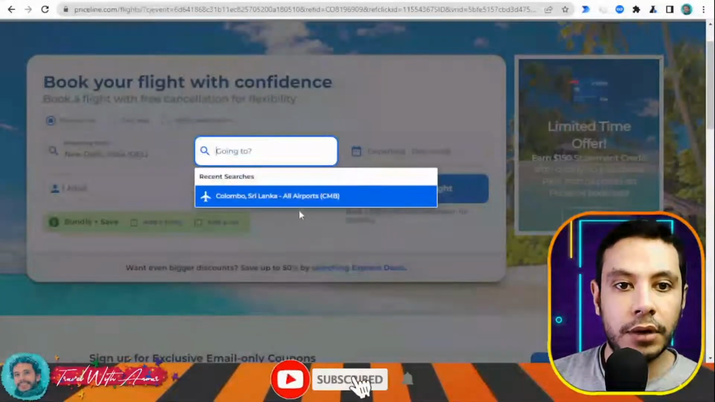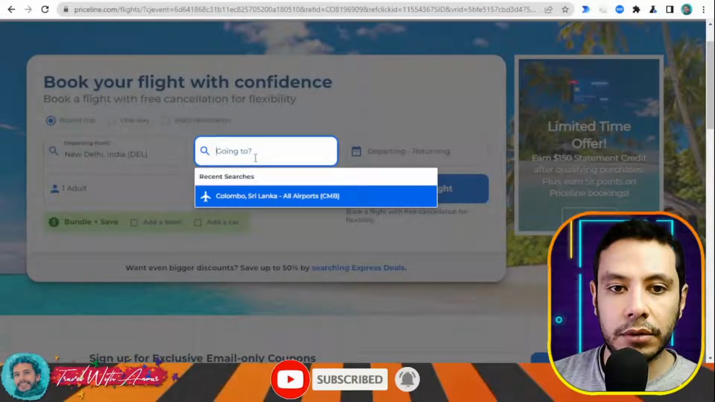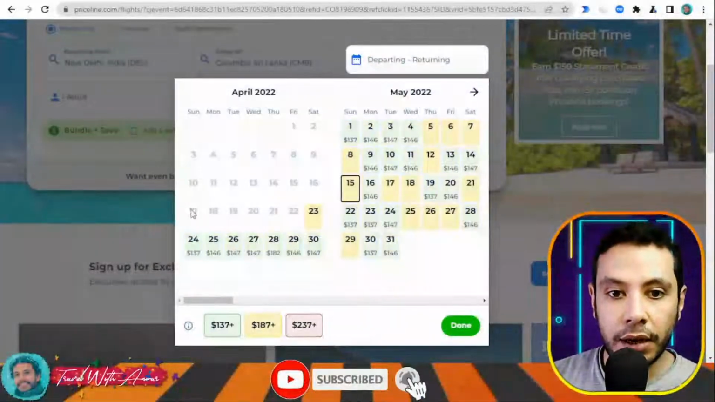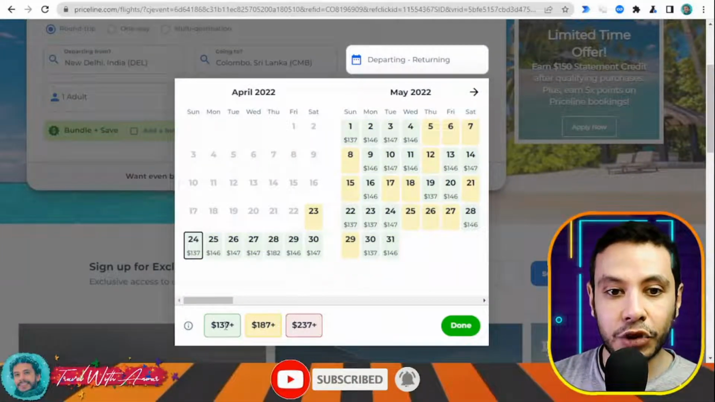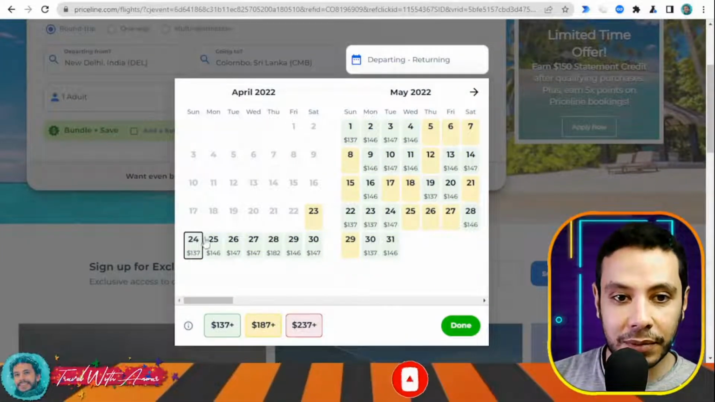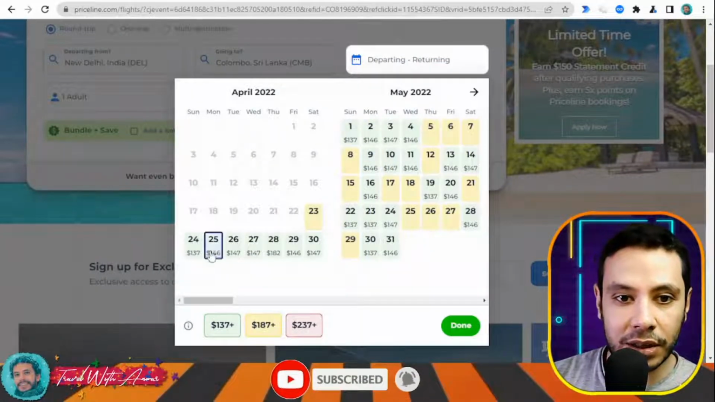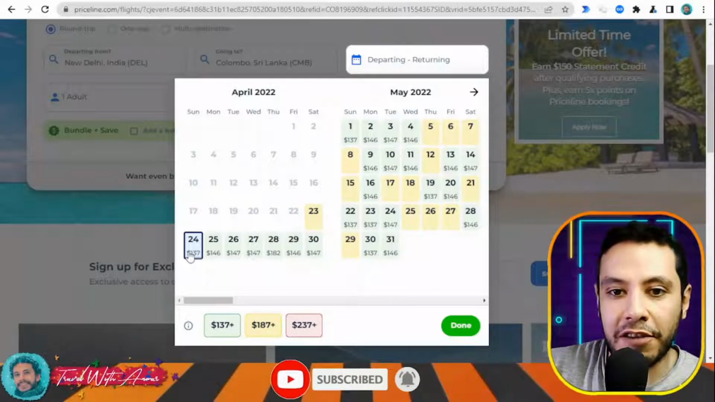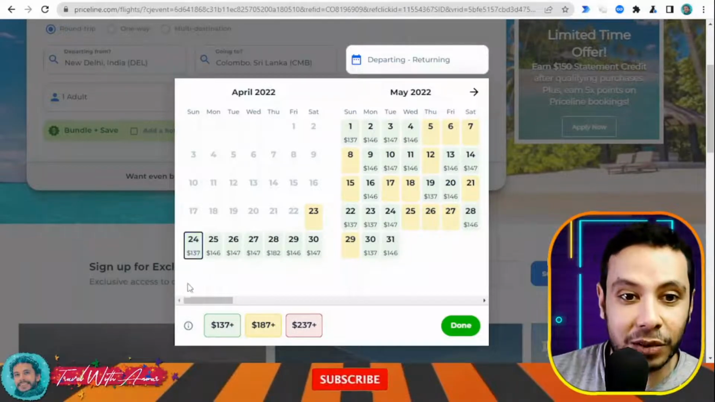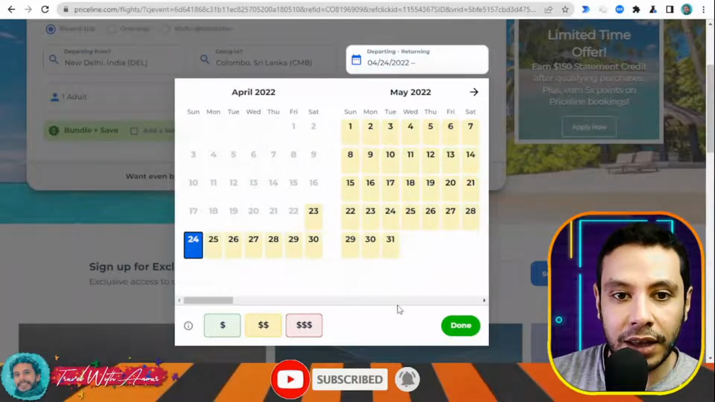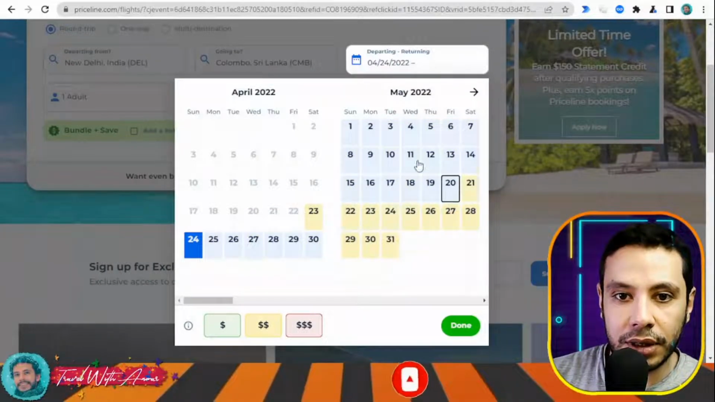Indira Gandhi, and I'm going, for example, to Sri Lanka, Colombo, Sri Lanka, and I am only one adult. What I like here is they are showing the prices, the cheapest, depending on the day. You can choose the cheapest price depending on the day, so you have more flexibility. So I will travel on the 24th, for example, and after that